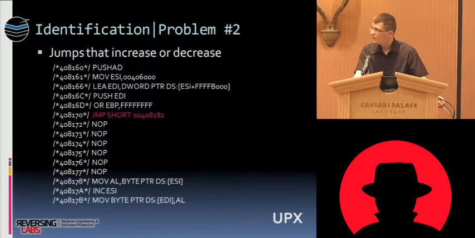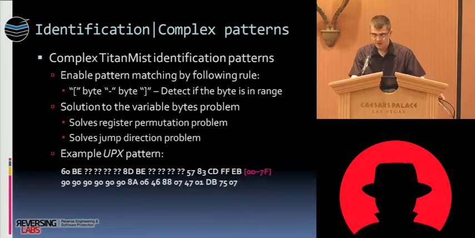So the problem number two we saw identifies random bytes that can be used as well. So if you look at the highlighted part, that's a jump. And throughout the versions of UPX, that jump can have certain values. So it can increase or decrease in jump length. So in order to have a simple signature that's not just going to be a bit masking for the value of the jump, we added ranges. So if you look at the signature now,